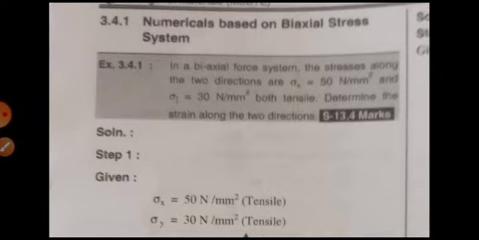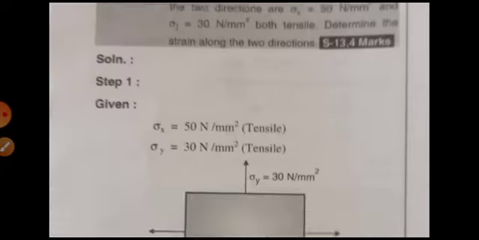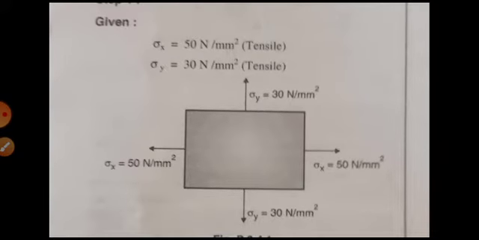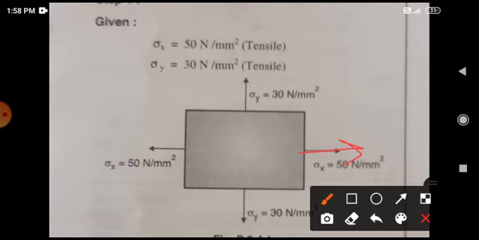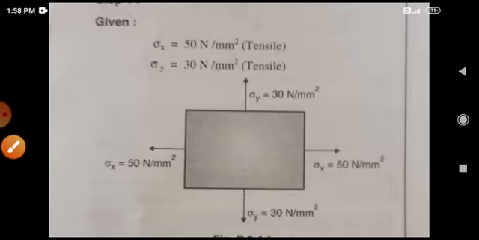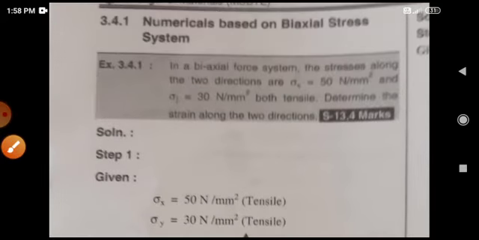You know how uniaxial loading is done, and this is biaxial loading. That means if the object is placed in the xy plane, and loads are applied in the direction of x and y, in that case you can say the loading is biaxial loading. Here you have the example. You can see loading is done along the x and y axis. So sigma x. Let's see the problem, from which we can write the given data.